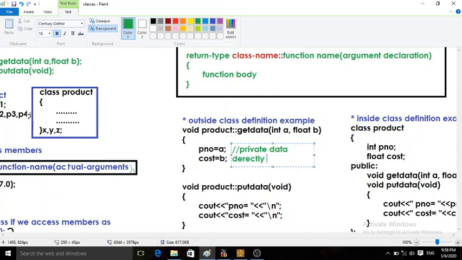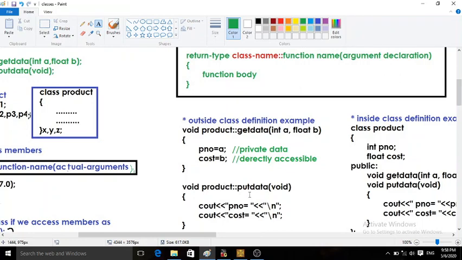Private data is directly accessible within the member function. So pno equals a, cost equals b. This is the definition for getdata.